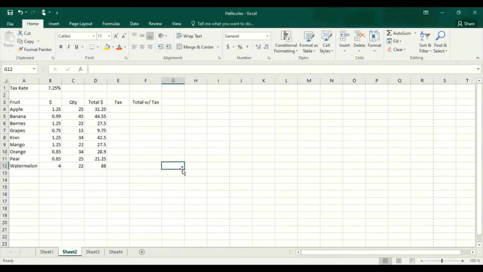Relative referencing changes both values when we use autofill, but absolute referencing would keep one or more of the values the same. So right here with tags, I want it to multiply the tags to every single one of these totals. So I can do that with apples, but doing that with every single one of these values would take a long time. And if I do the click and drag like I showed you before, it doesn't work because